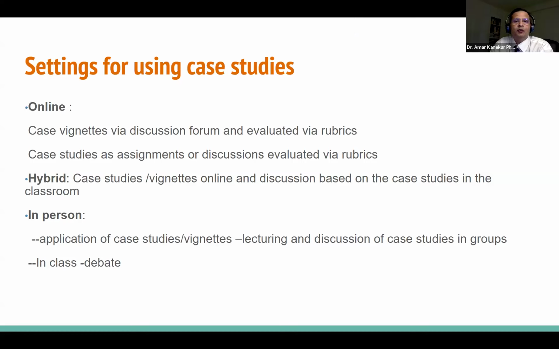And we can design it in a way that we can evaluate those using rubrics, either in a discussion forum in an online course or as assignments. So having said that,